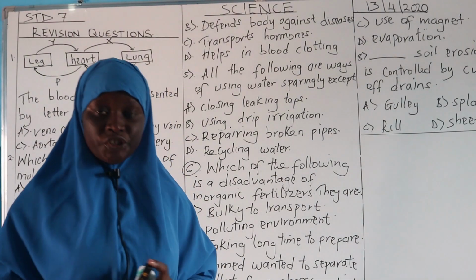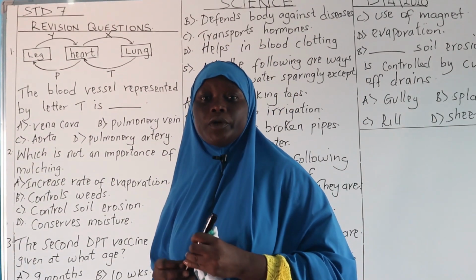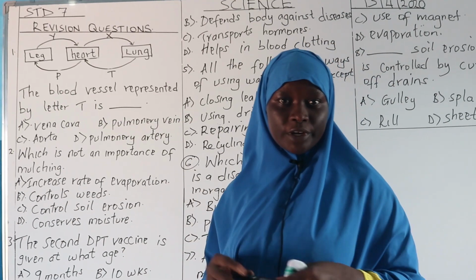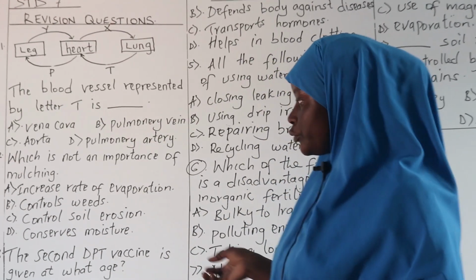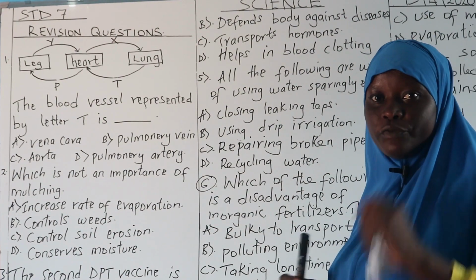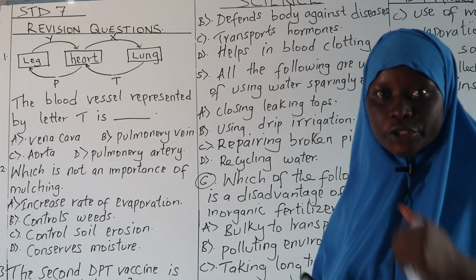Welcome back. Teacher Nita is here to handle science class 7, and today we are doing revision of a question randomly picked from various topics. Now this is how we are going to do it. We are going to discuss the questions and the answers, then I will leave you to listen to the question, then decide which one is the answer for you during your revision time.